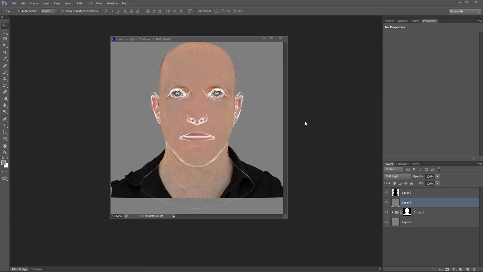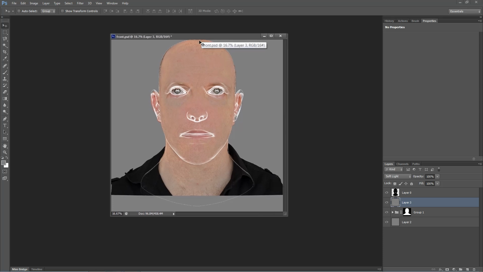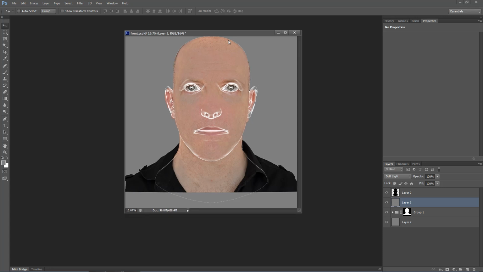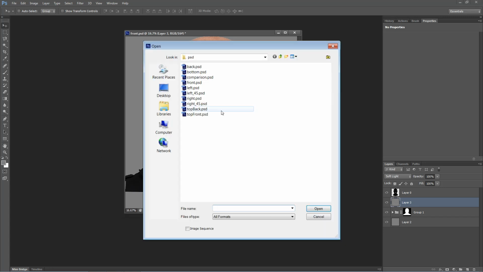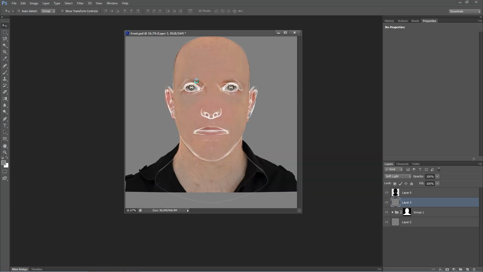In this section, we're going to start building up our Mari scene using our reference images to project onto the model to create the final texture. So one of the first things I've done with the reference images is to make a comparison image. So if I just open that and show you what that is,